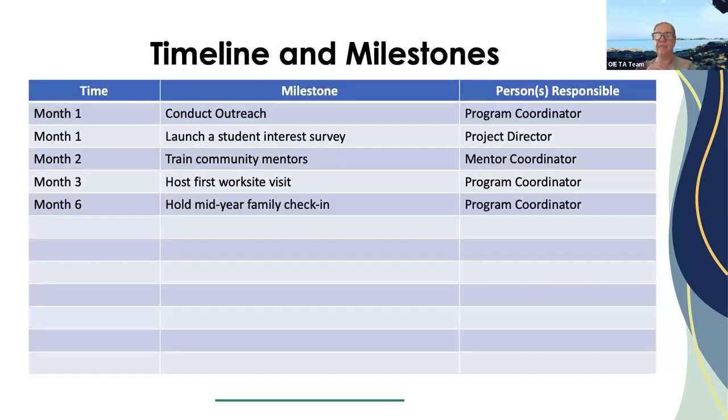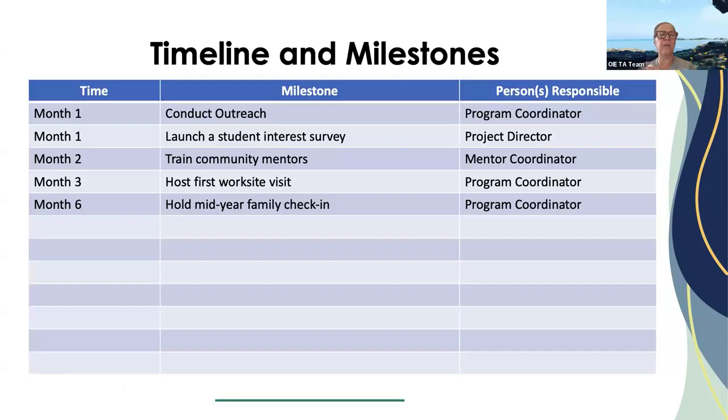So here's a sample of one way you can manage your milestones with a timeline. Let's now think about a timeline and milestones for this program. And this one, I'm just going to have you put it in the chat. So the prompt is, in month 8 of this example program, what would we expect to see achieved?